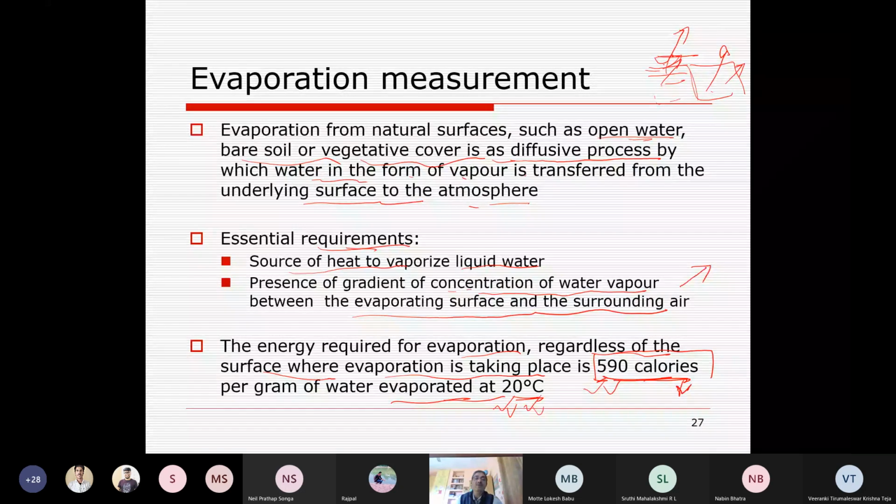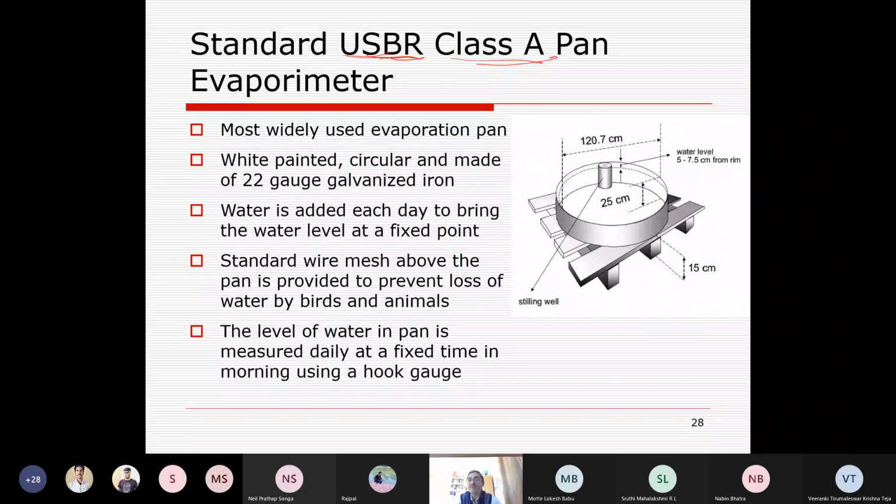So there are different types of evaporation pans which are used to measure evaporation. So first, United States Bureau of Reclamation Class A pan. It has a certain dimension of 120.7 centimeter internal diameter. It has a height of 25 centimeter. It is filled with water to 5 to 7.5 centimeter below the rim, and it is placed exactly 15 centimeter above the ground surface on a wooden platform, so that